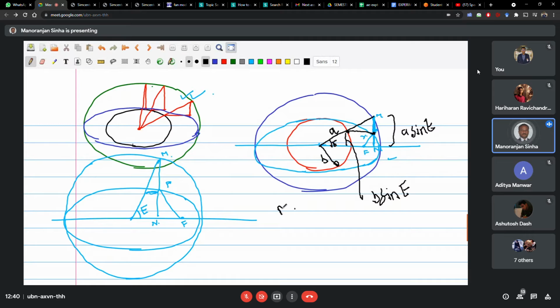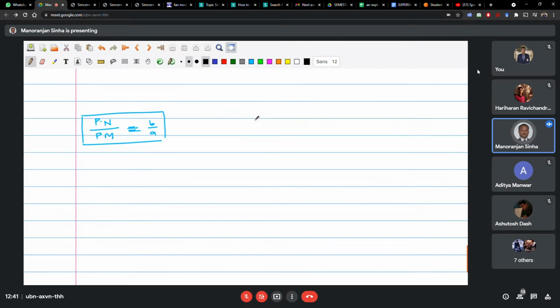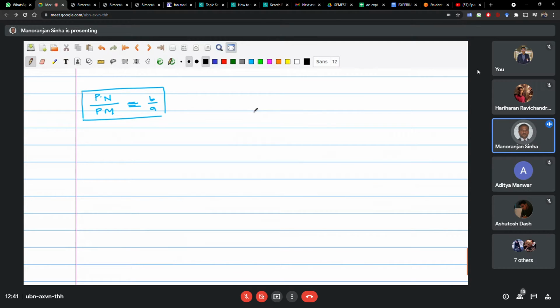PN divided by MN is nothing but b by a, the ratio of these two quantities. So this becomes apparent only if you work using this figure. This is the geometric property of the ellipse which we utilize here. So with this given information, PN by PM equal to b by a,